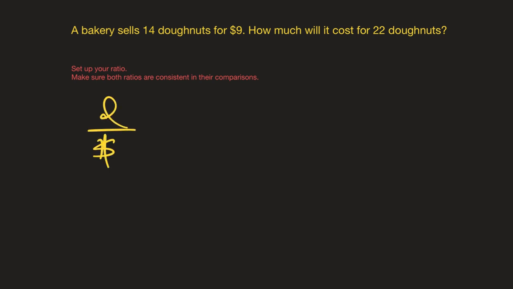Every ratio that I write in this problem is going to be a donut number over a dollar number. Make sure both ratios are consistent in their comparisons. So here's what we're going to do. We're going to go 14 donuts over $9, 14 donuts over $9 equals,